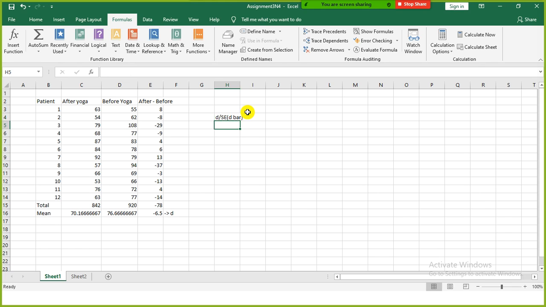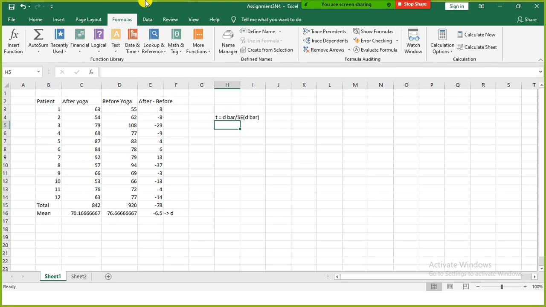It's not a d. This d bar is nothing but the mean of the differences. This is your test statistic, the t statistic for the paired sample t test.